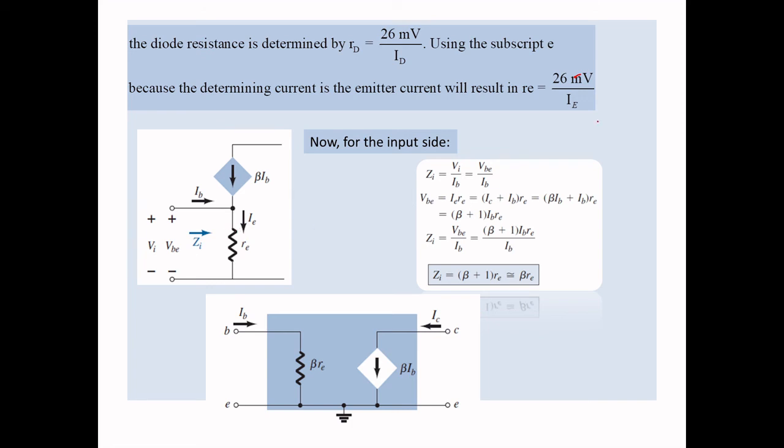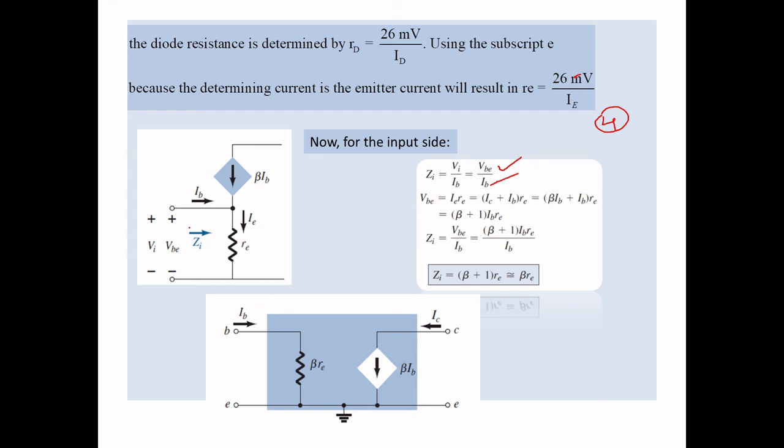The last step, the fourth step, what you want to do is find the resistance that is offered here. Very simple. You want to find the input impedance. Zi equal to input voltage, and you know input voltage VA equal to VBE, divided by your input current IB. So I have written VBE by IB.